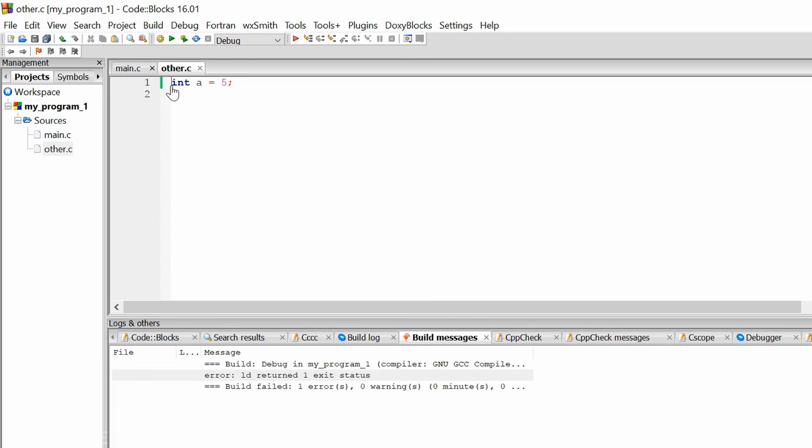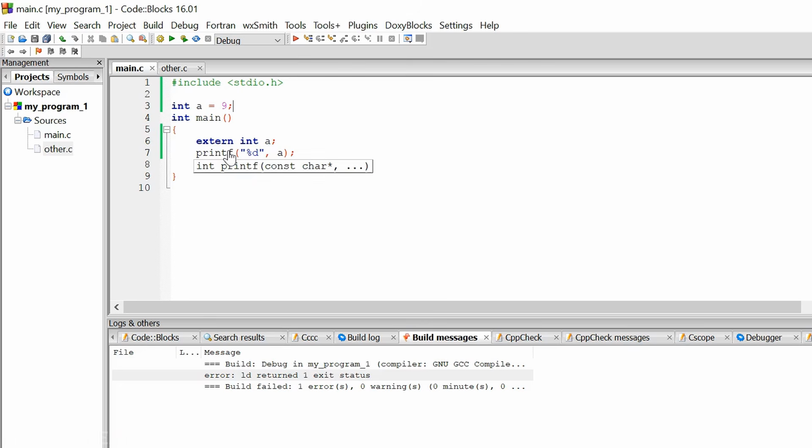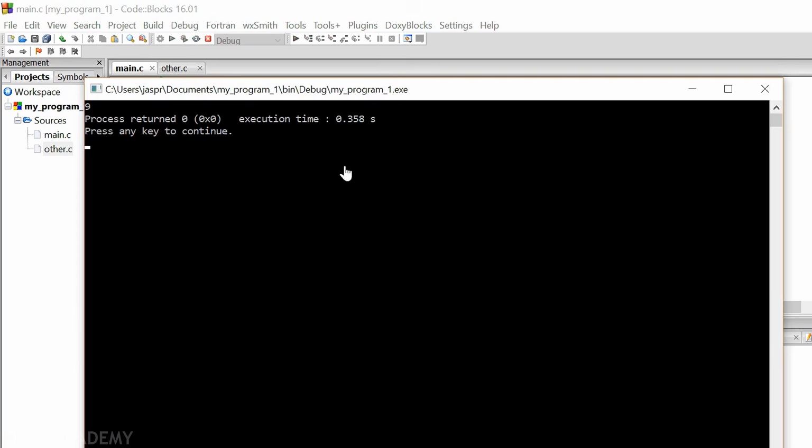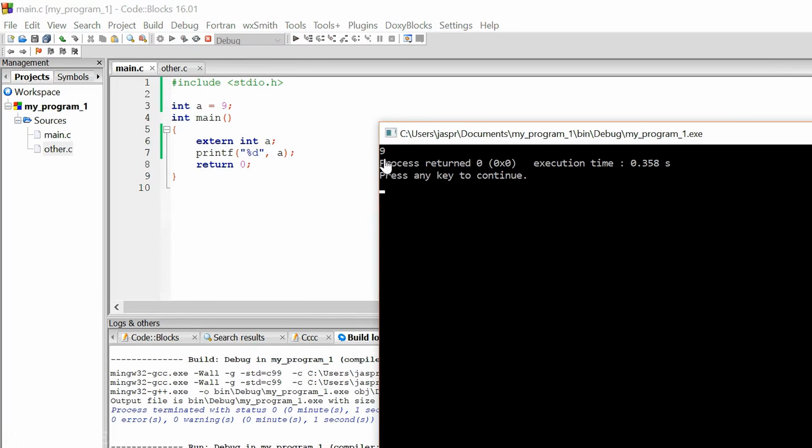Suppose I comment this section once again in this other.c file and save it. And here, suppose I declare a global variable and inside this main function, I write extern int a. Now this is local to this main function, you can say. And what it does is, let's see, it prints 9. Extern variable simply says to compiler, go outside from my scope and you will find the definition of the variable that I declared. Remember one thing, this is integer a variable, right?